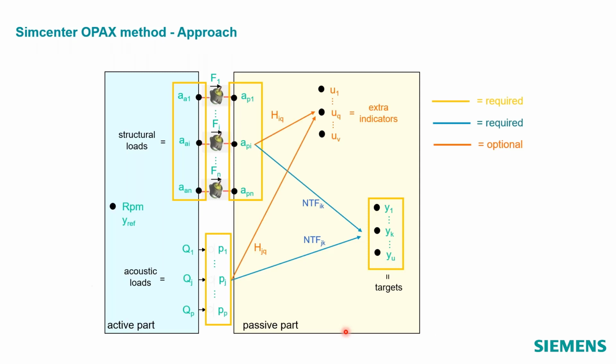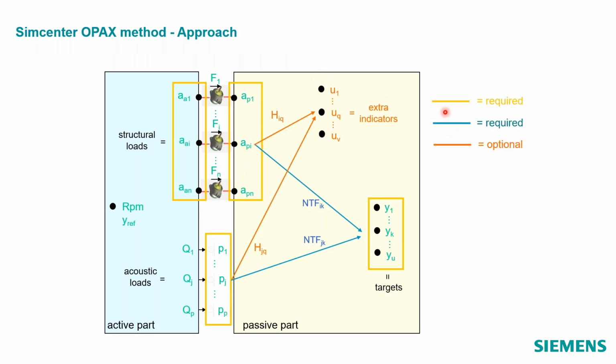So the required data: we always suggest you collect the data on the active and passive side of the mount. At the top is a structural load, and the bottom is an acoustic load. If you're here for a structural load, we suggest always putting triaxial accelerometers on the active and passive side of the mount. That way, if they're soft mounts, we'll do the opaque soft mount method. If they're stiff mounts, we'll only use the passive side and discard the active side. So we always suggest collecting the data on the active and passive side. That way, if it's soft, you can use both sides. If it's too stiff, we'll use just the passive side.